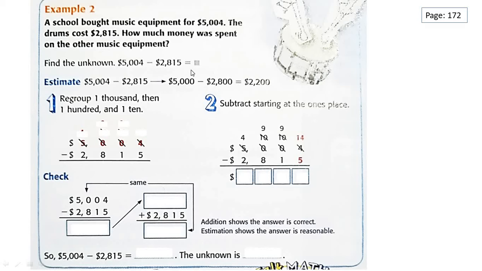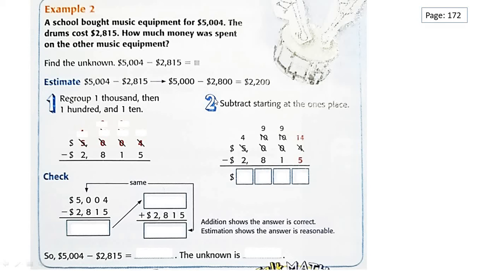Again, the first step is to estimate the difference to check if our answer is reasonable or not at the end of the problem. So we will round the first number to the nearest hundred and the second number to the nearest hundred. So 5,004 is going to be 5,000 and 2,815 is going to be 2,800, and the difference is